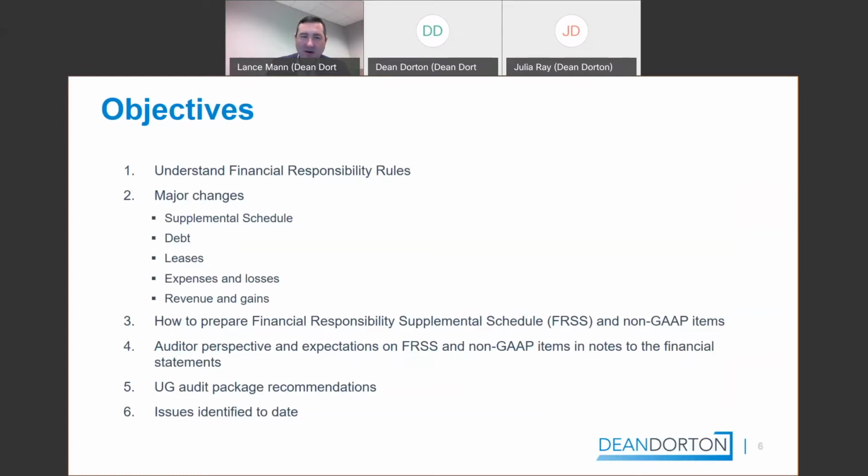Maybe give you a little bit of an auditor perspective and expectations on the schedule and the non-GAAP items. Talk about your uniform guidance audit package recommendations, and any issues identified to date.